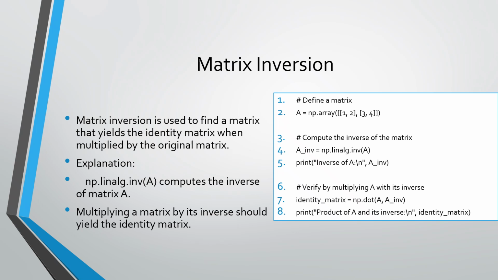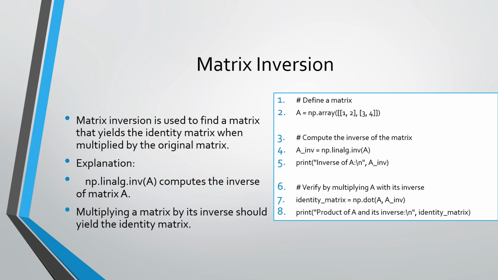We have a built-in function called inv in the linear algebra library under NumPy. We have to compute the inverse of matrix A. First we create a matrix A, a 2 by 2 matrix. Now we compute the inverse of this matrix by applying the linalg function inv,